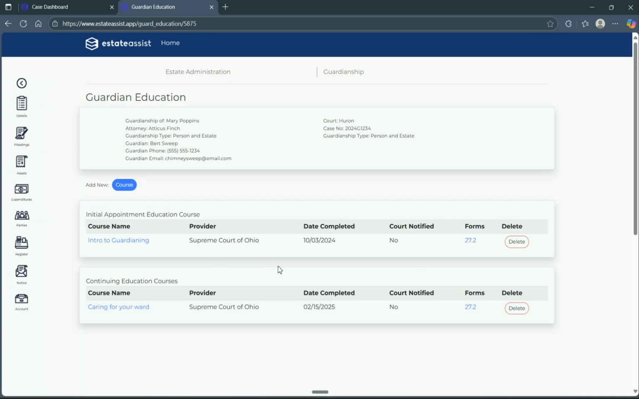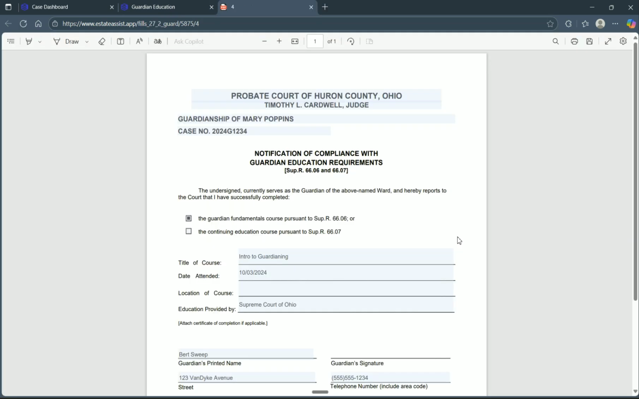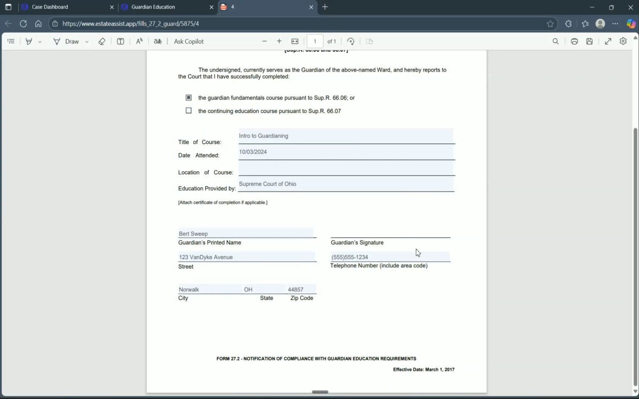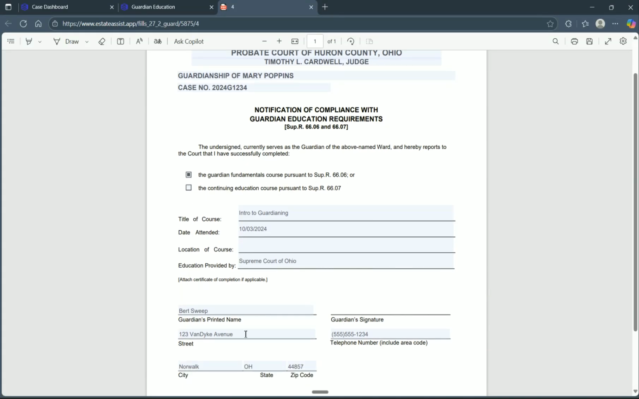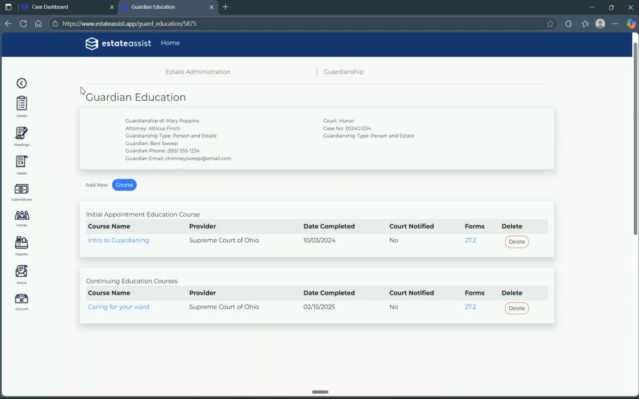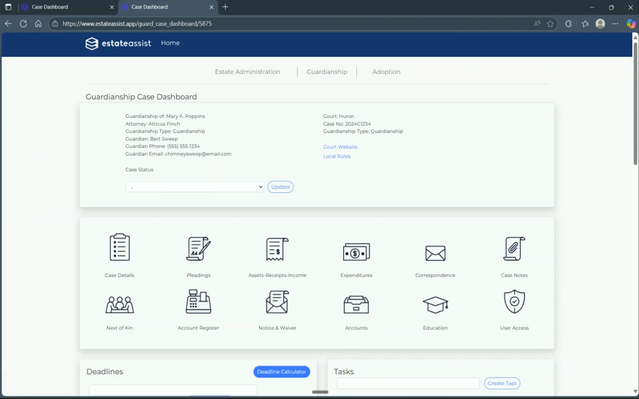We have our education screen, okay, where we see the different courses that are being taken. And notice for each one, you automatically have your 27.2 completed with all of that information from the client so that you can easily put those things in and get that, that it's already put in and you can get that file with the court. And then last but not least,